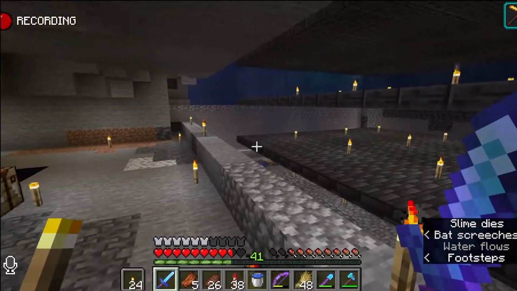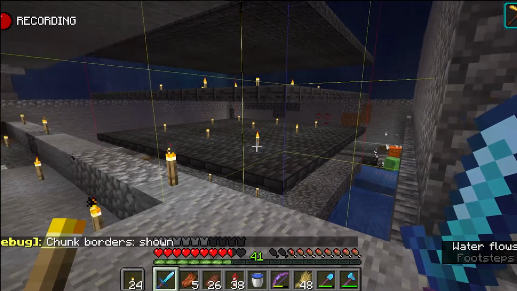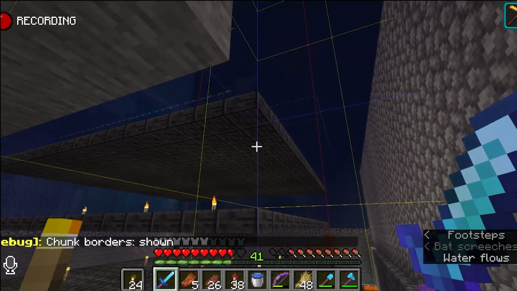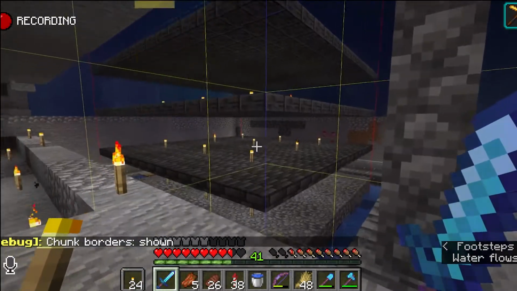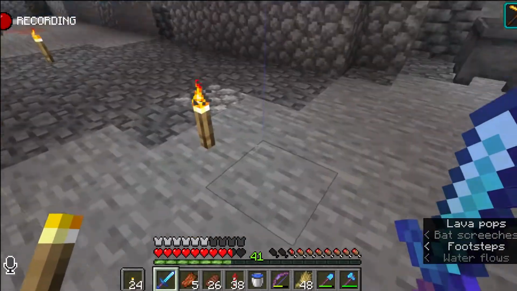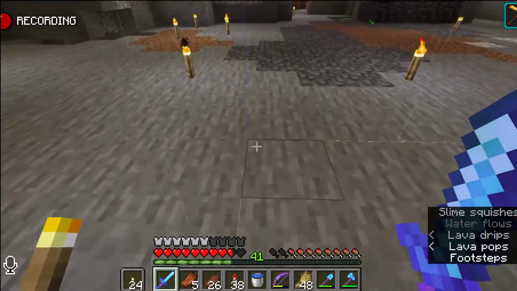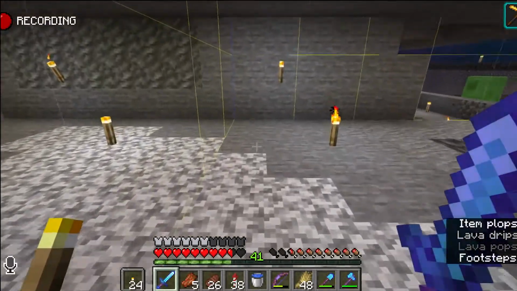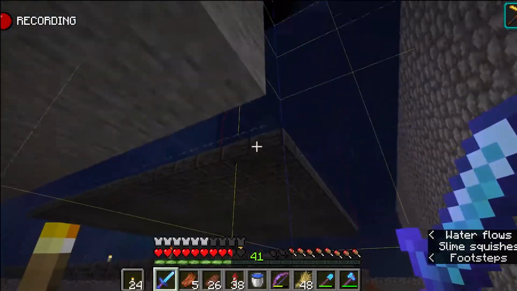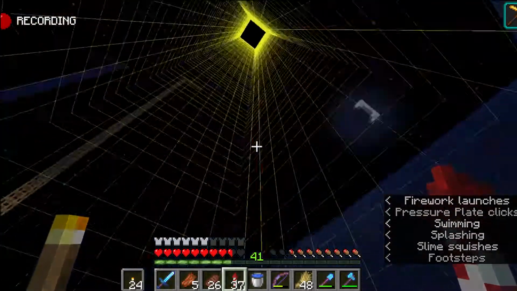And basically, the shortcut is F3 and G in Java. I don't know how it works in Bedrock, but you can see the chunk borders. A chunk is a 16 by 16 block. You can see it differentiated here by the blue. So if we go all the way down to the other blue line and over to this other blue line, you can see that is the chunk. And if I were to fly up,